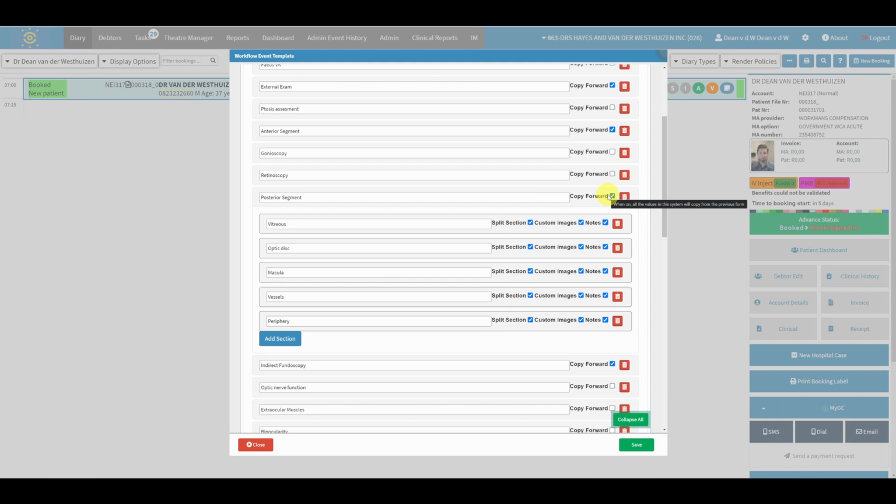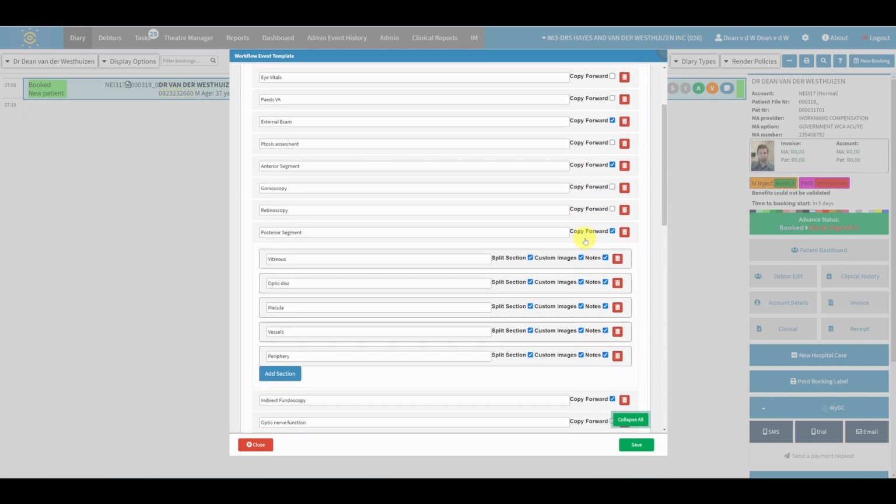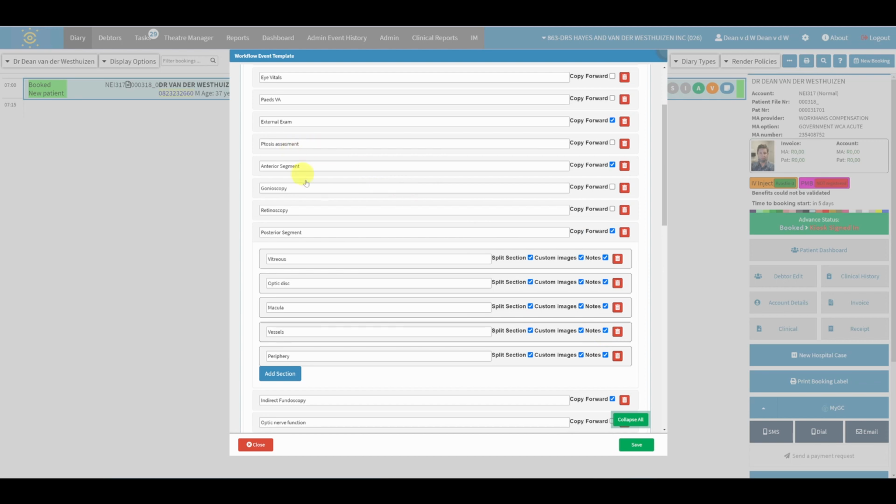So it will show you what you documented previously, and then you can make adjustments and change it. And maybe you don't want all the sections to copy forward, you only want some sections to copy forward, but that's what that does. I have history, external exam, anterior segment, posterior segment copying forward, indirect fundoscopy. I don't obviously copy forward my eye vitals because that would be silly. The VA pressures, etc., auto refraction change every time you see the patient, so that's why that's not selected, but